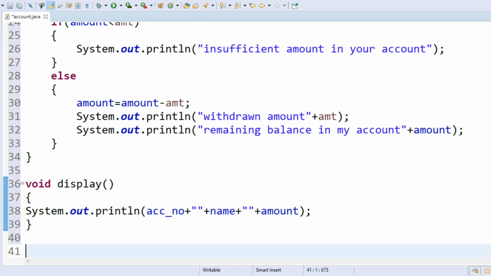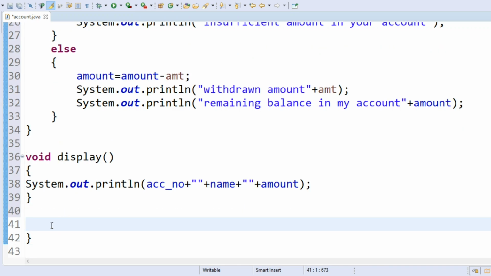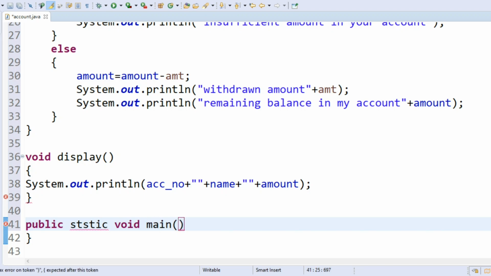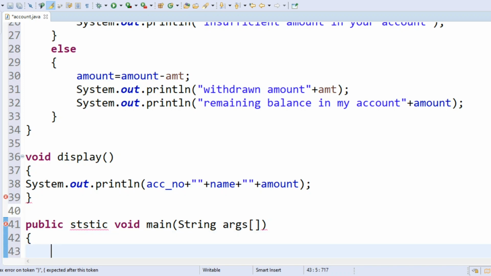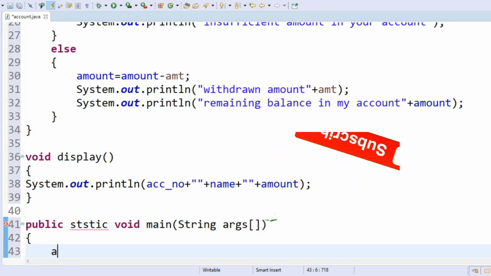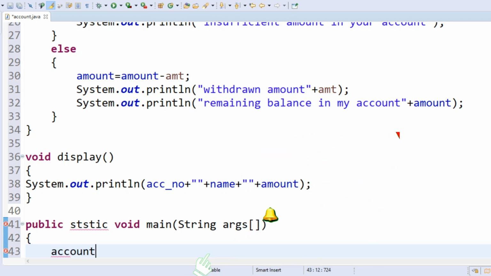So now creating our main method. In this main method, I would like to take an object of our class account, with the object name s.